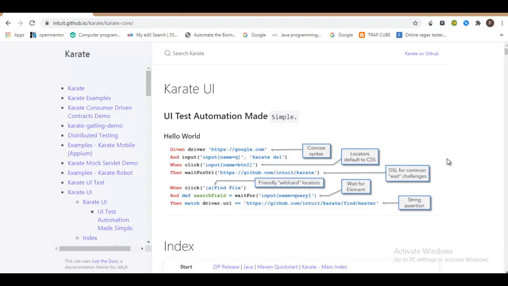But now Karate has a default function which is helping us a lot. What you need to do is just call that method, pass the locator value as one of the arguments, and specify the path from where you want to fetch the file. That's it. Karate will upload the file. Let us see how that can be done practically.